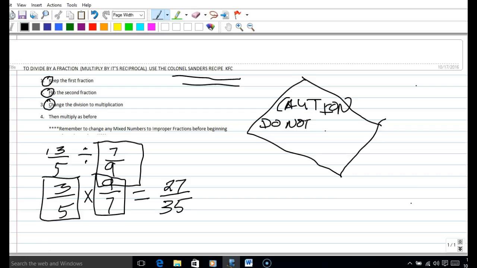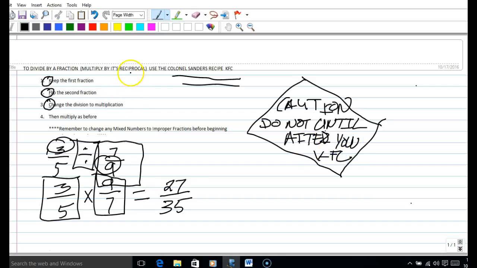You cannot cancel in division, addition, or subtraction. So do not cancel the 3 and 9 because you have a division sign present. So do not cancel until after KFC,